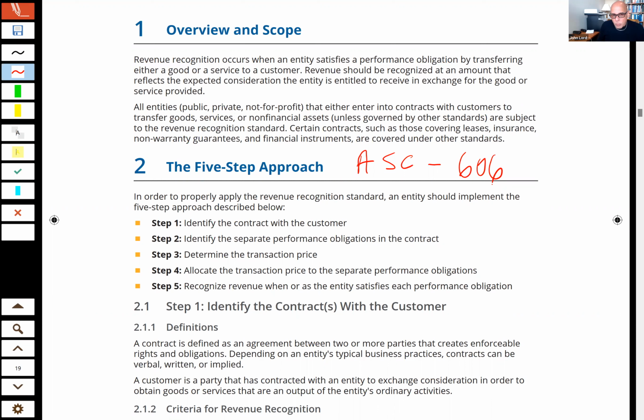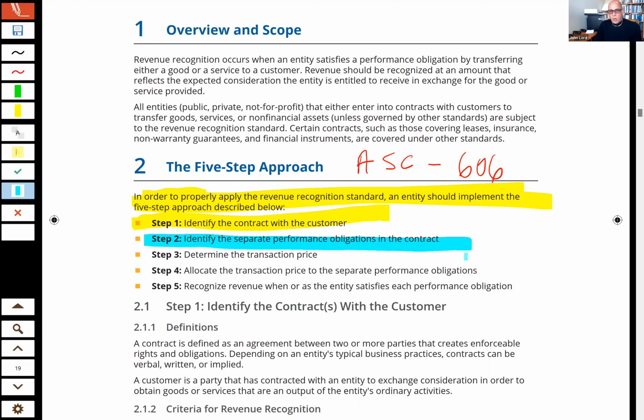Okay, so you all know this already. We're just going to put some formal lines around this and formal definitions, flashcard where the definitions get a little wonky on us, and we'll be in good shape to answer any questions on the CPA exam for this. Okay, so let's first look at this 5-step process. They say to recognize revenue, you have to determine, do I have a meeting of the minds with the customer? And there are no real questions that determine, is there a meeting of the minds? Usually the questions start out, hey, you're in this contract with a customer, right? Then we need to look to see, is there one or more performance obligations in the contract?